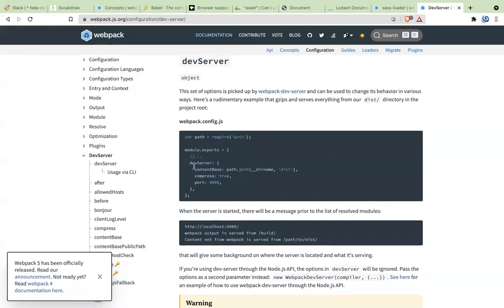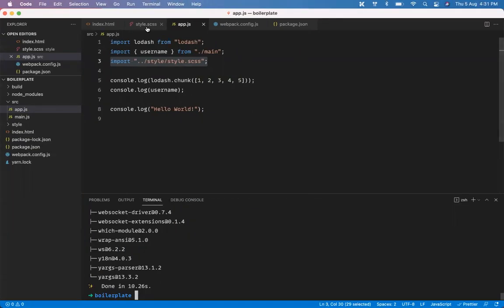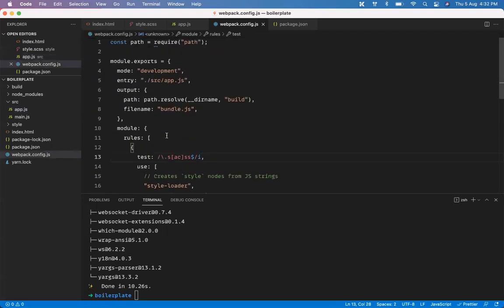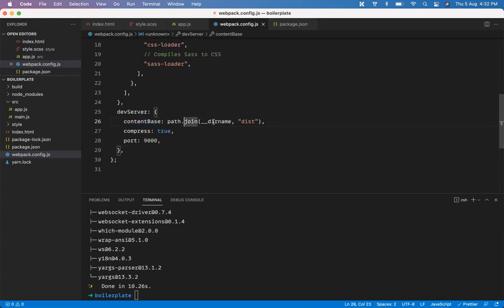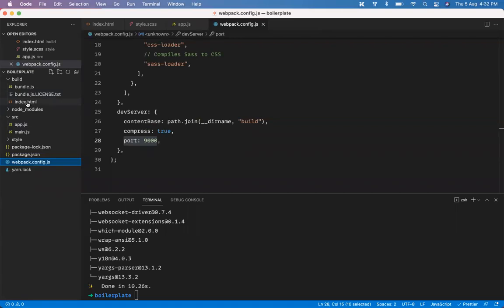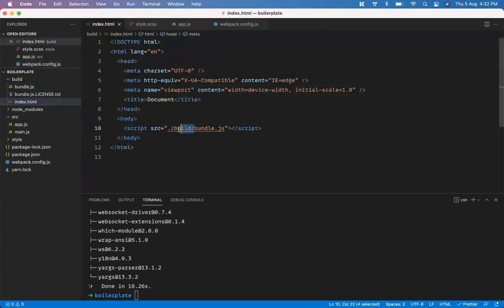So here you just have to pass a thing called devServer, and this is going to have this basic stuff. So I'm just going to put it into the Webpack config. These are modules, and after modules, I'm just going to say devServer. Content base is going to be dir. The content is inside the build folder, right? So I'm going to say build, and the port should be 9000. But wherever you have build, you also need to have your index.html file. So for now, I'm just going to move my index.html inside here, so I don't have to think about it. Here you just need bundle.js, and let's see if it is working or not.